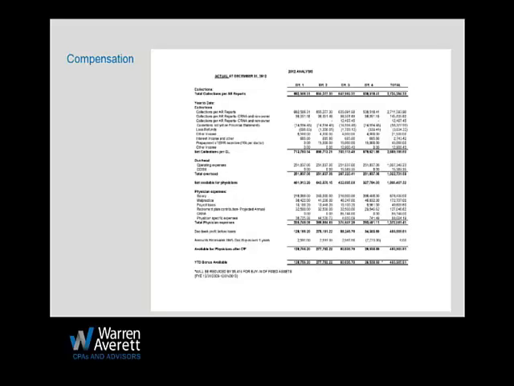Same thing with malpractice. If someone has a higher malpractice premium, they should pay their own malpractice. Payroll taxes. If you're getting paid more, you should pay more of your own representative payroll taxes. Retirement plan contribution. If you do have a cash balance plan, if you do have someone who has not met the maximum of this year, I think it's $260,000, they shouldn't have to pay everybody else's retirement plan. So those numbers should always show up in their own physician expenses.